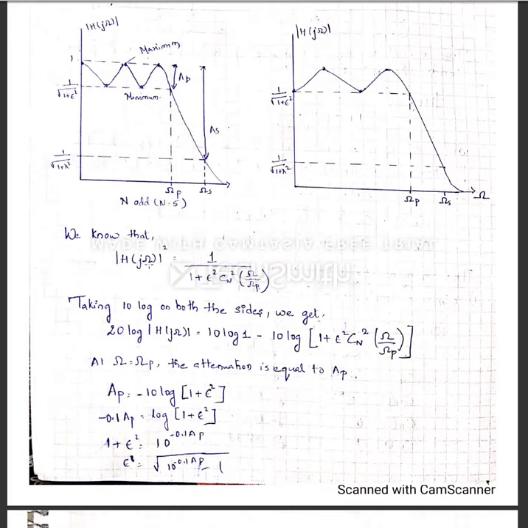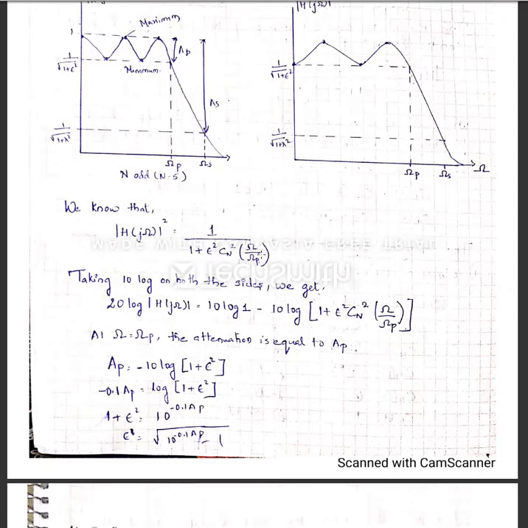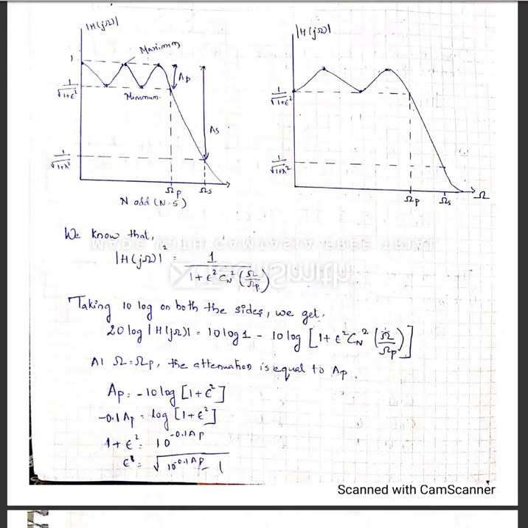How are we doing? Taking the squared magnitude frequency response formula, and taking log on both the sides, you obtain 20 log |H(j omega)| equals 10 log 1 minus 10 log of this. Now assuming omega equal to omega p and the attenuation in the passband as Ap, instead of omega you will be substituting omega p. So omega p, this will be cancelled, so you will get 1 plus epsilon square Cn square 1, and Cn square